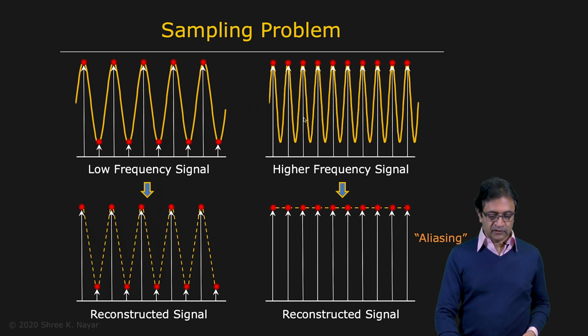However, in this case, you see that you end up getting a flat signal here, a constant. All the information here is lost for all practical purposes. And this is called aliasing because you've undersampled this signal. In fact, there are cases of aliasing where you might introduce new frequencies in the signal, new artifacts, which don't even exist in the original signal. This is why sampling is really important.